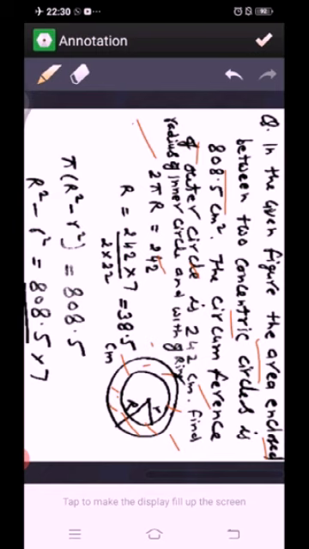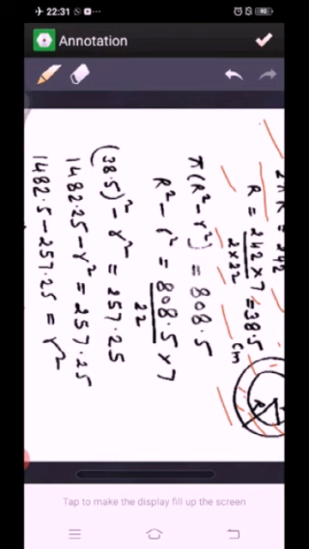And the given circumference of the outer circle, the bigger circle, is 2 pi capital R, which is given as 242. So capital R is equal to 242 upon 2 pi. Here we have put the value of pi as 22 upon 7, and the 7 goes up. On calculation we get capital R equal to 38.5 centimeter. We have got the radius of the external circle.